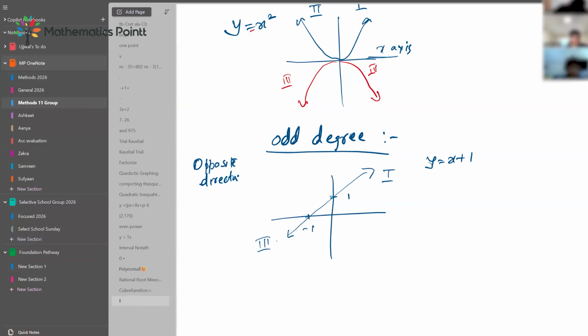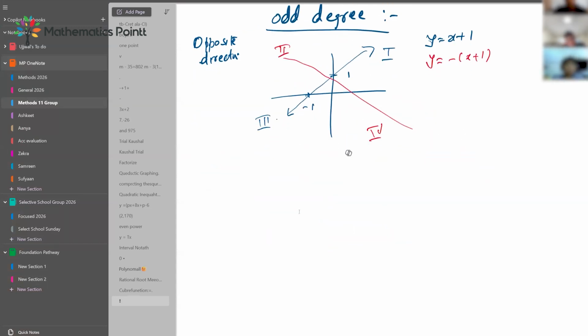And if I reflect this graph and I place a negative in front of it, I have to put the bracket, then this is the second quadrant, fourth quadrant graph, something like this. Second quadrant, fourth quadrant. Always remember that. Right? Now, if you look at another odd degree graph,